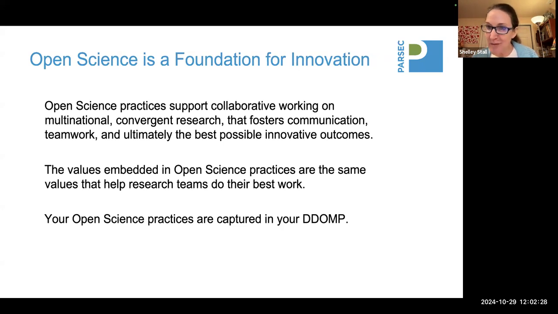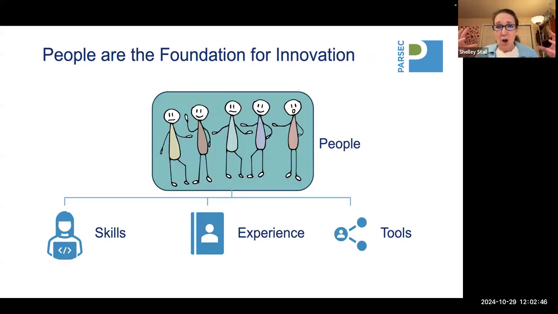And I think many of them will be very logical. And we capture those practices. What are we expecting the entire research team to do? So we do have places that we're recommending within the DDOMP where you actually capture the expectation around those open science practices. So research is people, it's smart people, and each of us has different skill sets,